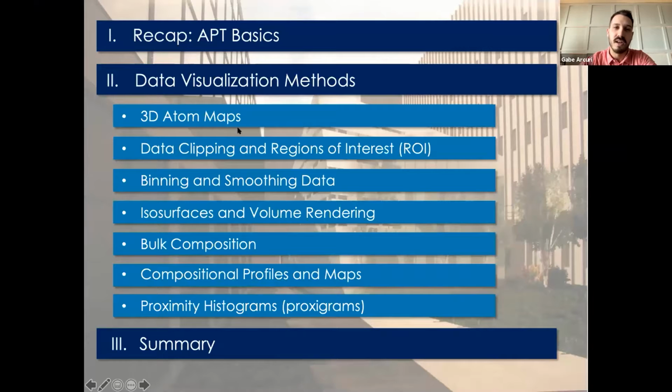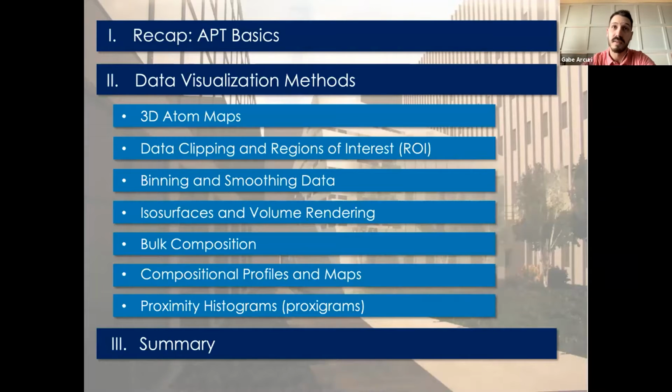So I'm going to start today's talk with a quick refresher of the basics of atom probe tomography. And then I'm going to jump into the good stuff, focusing on data visualization methods. And I've tried to divide my talk into two areas. The first, starting with the simplest way to visualize our data, which is our 3D atom map, and going over different ways we can divide our data into small subvolumes, such as clipping the data or creating regions of interest, ISO surfaces, or volume renderings.